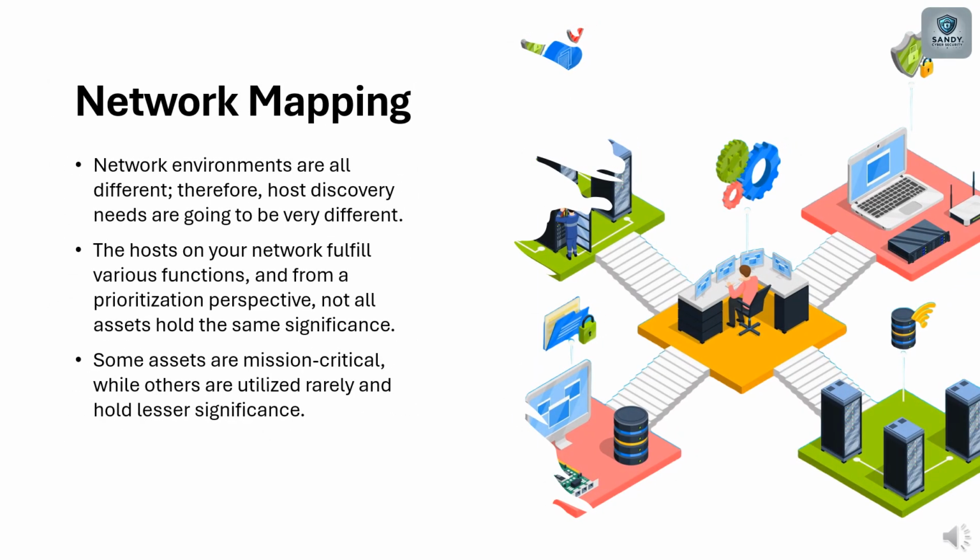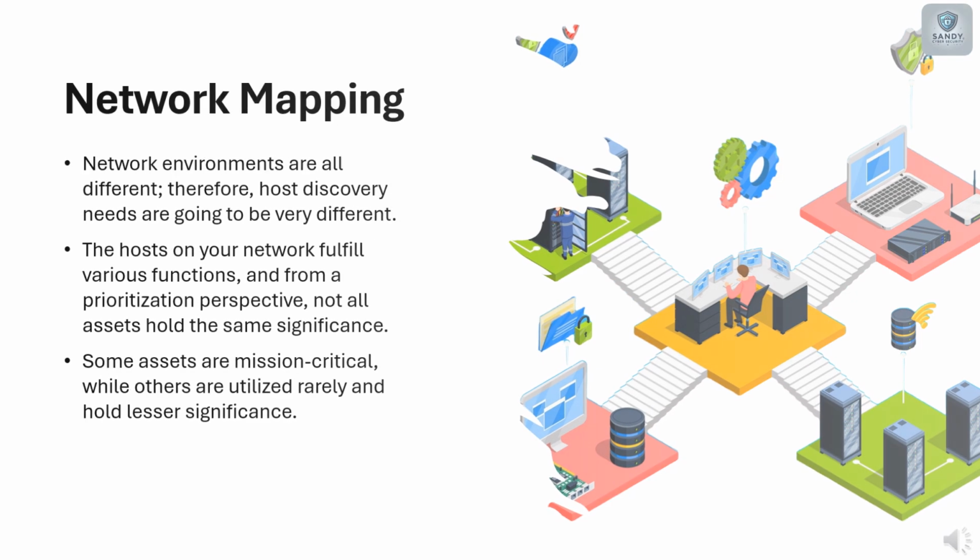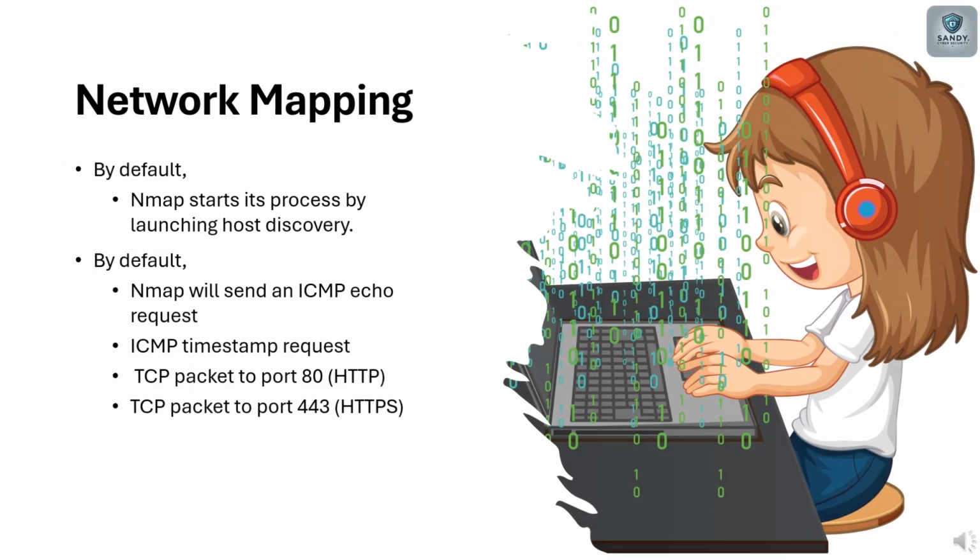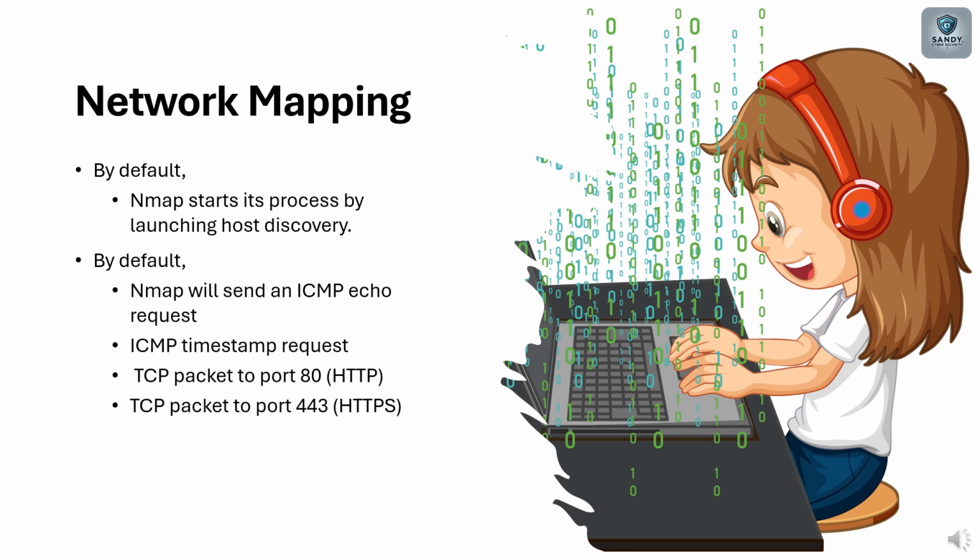As we all know, network environments are all different, therefore host discovery needs are going to vary. All the hosts on your network do different things, and when it comes to setting priorities, not all assets are equally important. Some assets are mission critical, while others are utilized rarely and hold lesser significance. By default, Nmap starts its process by launching host discovery. By default, Nmap will send an ICMP echo request, ICMP timestamp request,